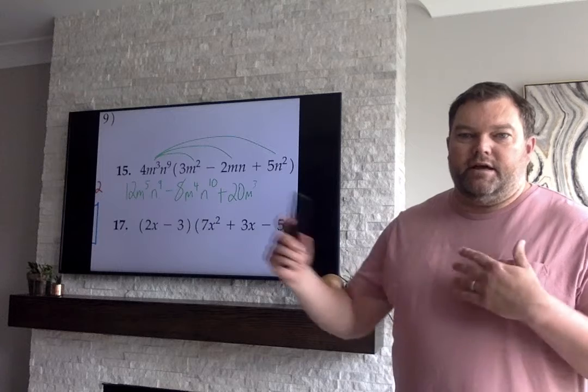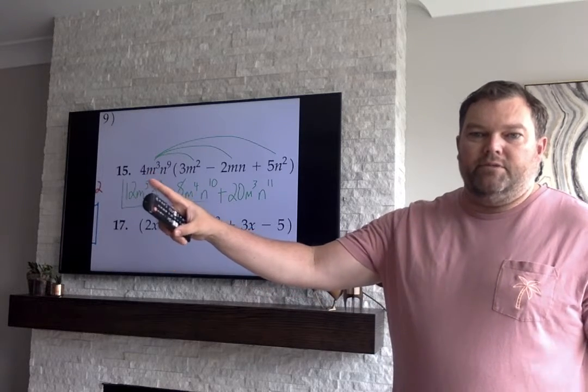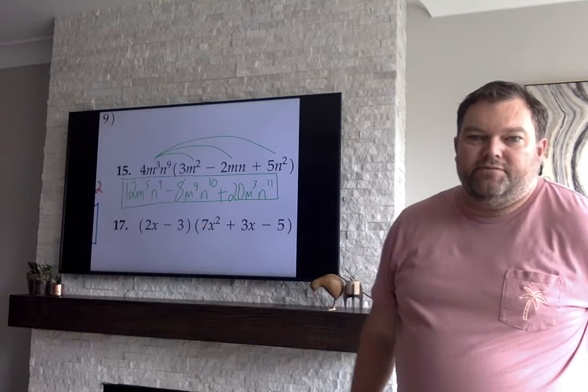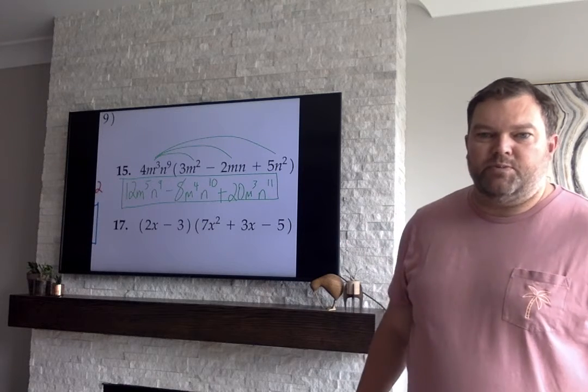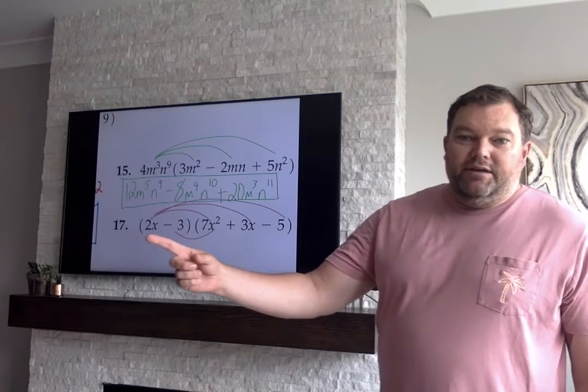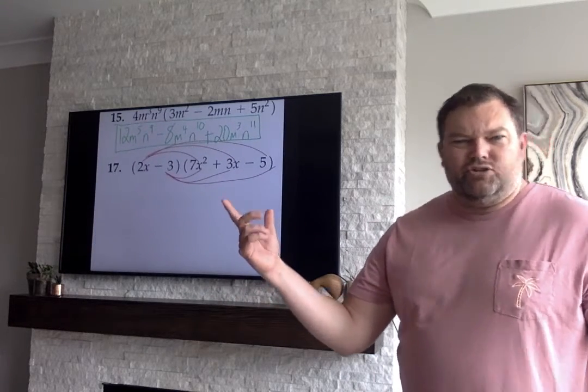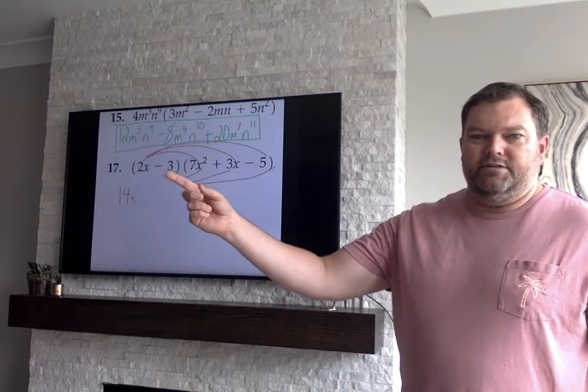So I've got to multiply the 4 times the 3, and that's where I got the 12. M cubed and m squared make m to the 5th. That's some exponent rules that we've talked about. And now here, this is double distribution, but it's almost like triple distribution in a way because you're going to